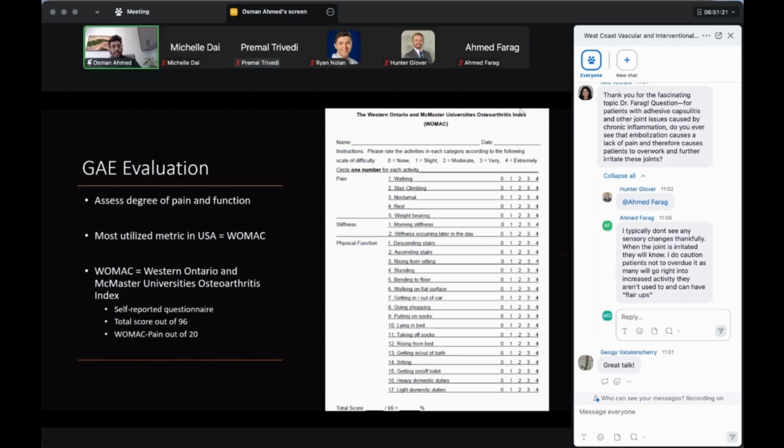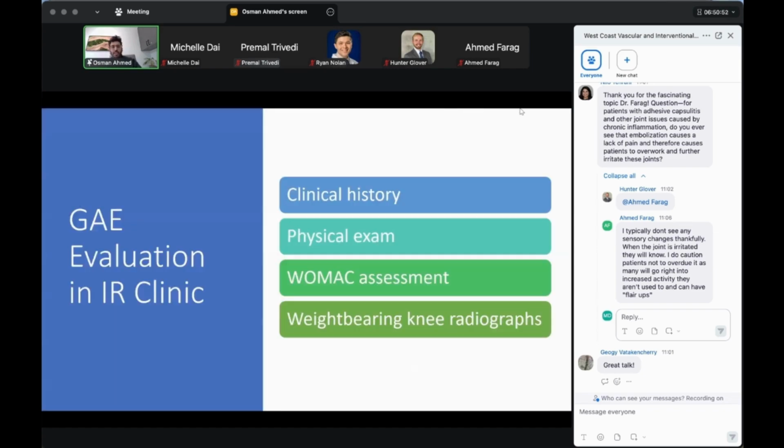When we see these patients, not only do we just ask them how they're doing, we want to try to objectively grade their pain. And the most objective thing that we have is what's known as a patient-reported outcome metric, which is actually the WOMAC, which is most commonly used in the U.S. It's a self-reported questionnaire out of 96 points, but we're really focused on this first category, this pain category, which is scored out of 20. And so you'll see most studies report either a WOMAC, or in Europe, there's something called the KOOS that they tend to use more often.